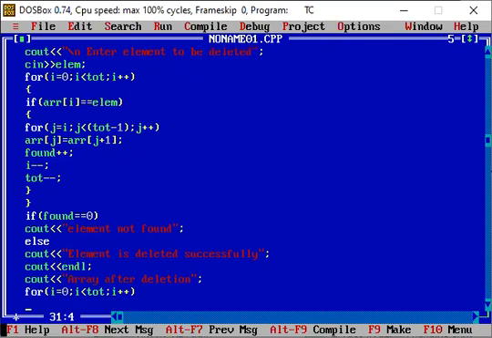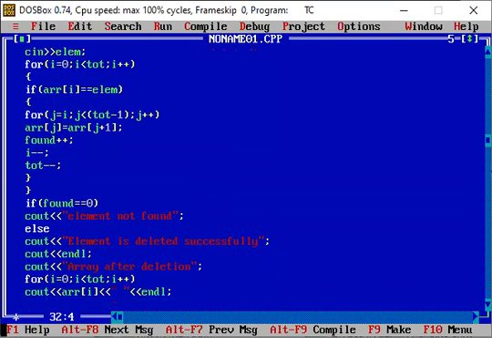Okay, so that is cout, I will show all those array elements here, like this array, and again I can show all those elements after deleting that particular element here.